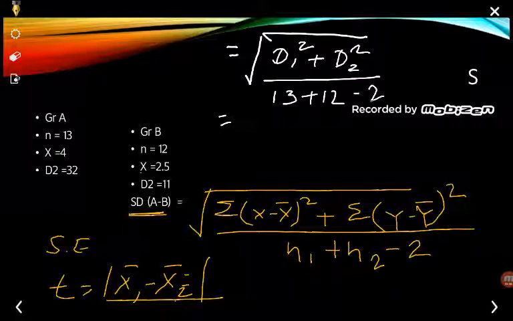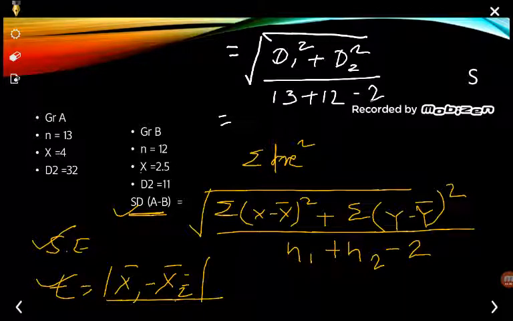To calculate the whole equation, we first find the standard deviation, later the standard error, and later the t value. So first we find the standard deviation. The standard deviation can be written as the square root of the summation of x minus x bar, the whole square. This is nothing but the summation of dx square, and this is the deviation of y square. So we have to put these inside the formula.